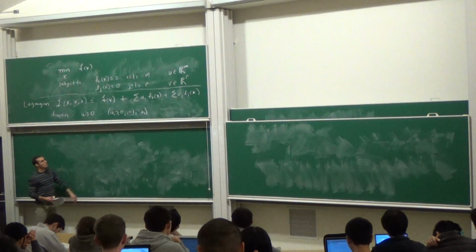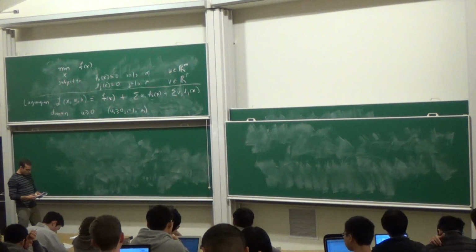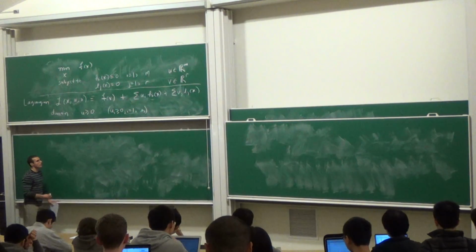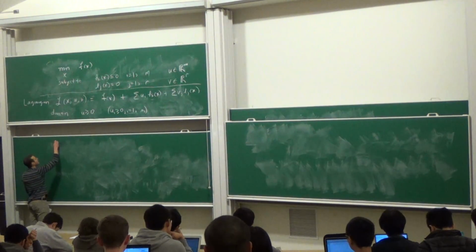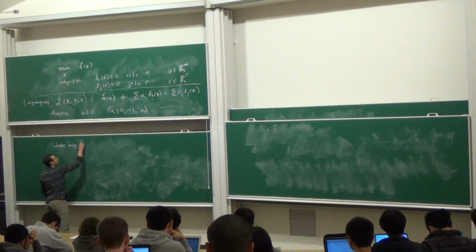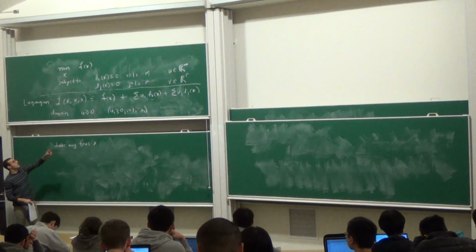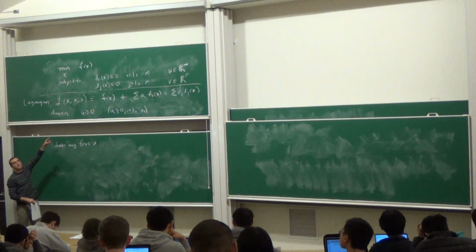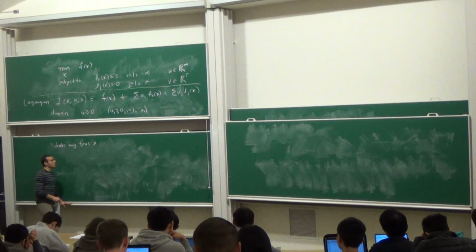Given that I construct that Lagrangian, it has the following amazing property. Actually, this is very straightforward, but it'll become amazing in a couple of steps. If I take any feasible point x, which means that x satisfies the inequality and equality constraints, so h_i of x is less than or equal to 0, and l_j of x is equal to 0 for all i and j,